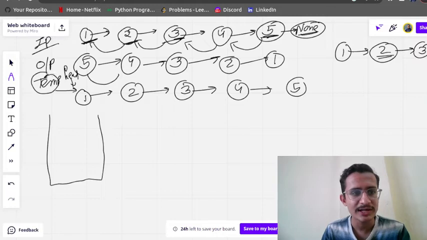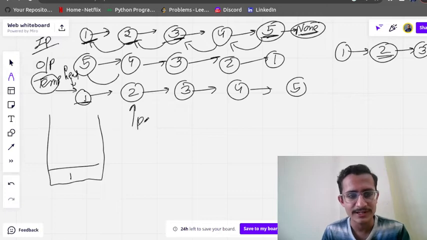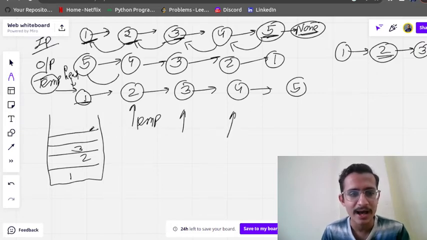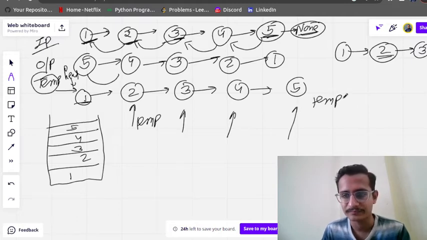Whenever I come to the temp, I will add this 1 here, then I will move my temp to the next place, then I will add 2, then I move my temp, add 3, then move my temp, add 4, then move my temp, add 5, then my temp will become None.